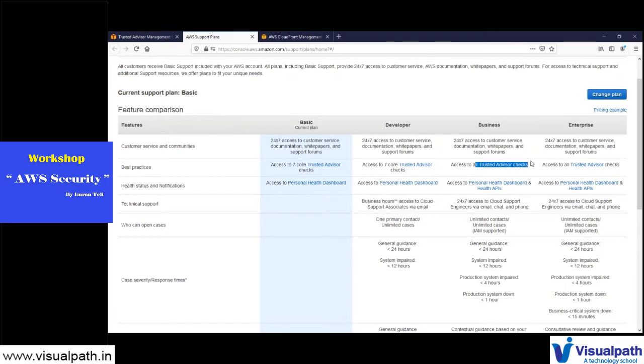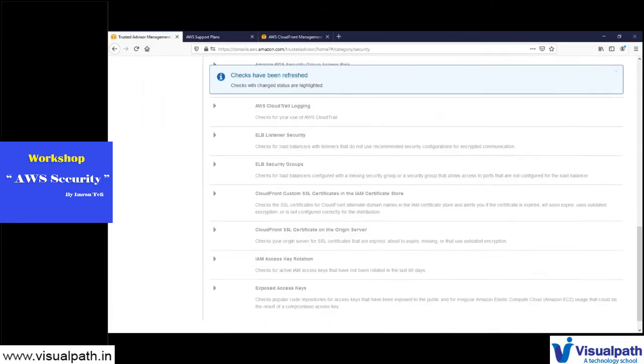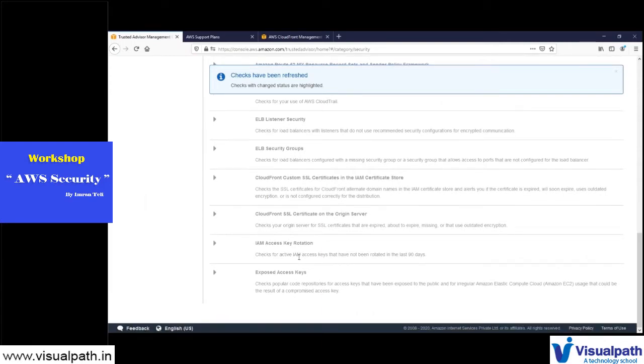Okay, so my recommendation, go there, use it, and you can enable notifications also. So you are covered in that area. Something goes wrong, as per the Trusted Advisor, it's going to alert you. It also alerts you on one very important thing that has been happening for a long time nowadays: exposed access keys. So we have access key and secret key. Some people by mistake expose it publicly on GitHub repositories or other places.